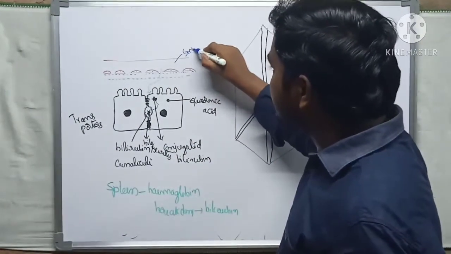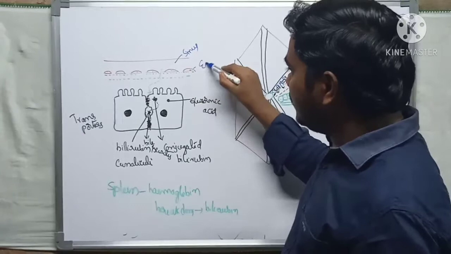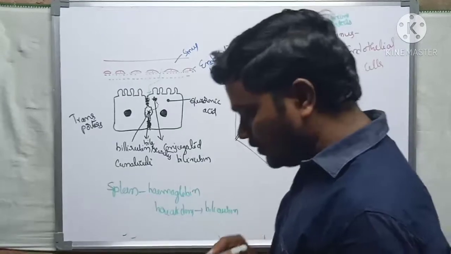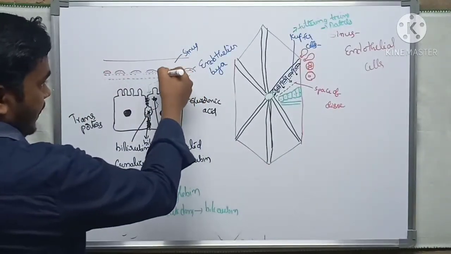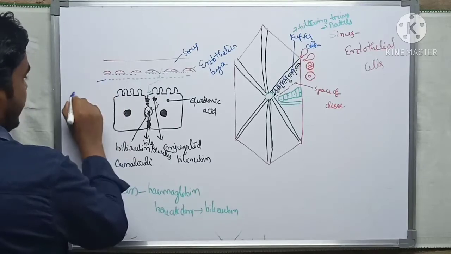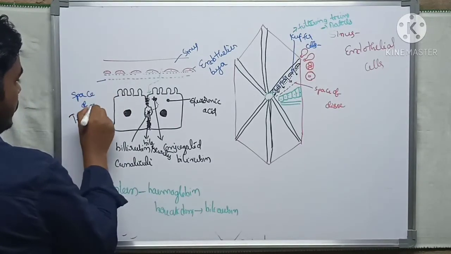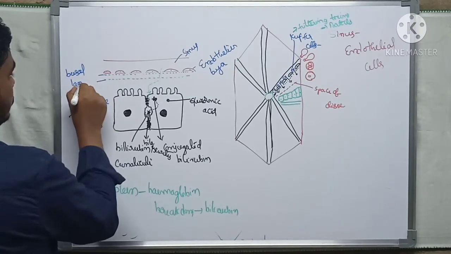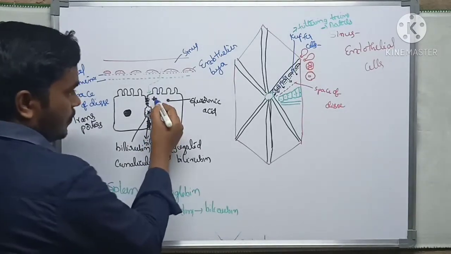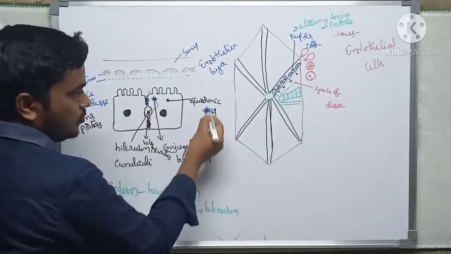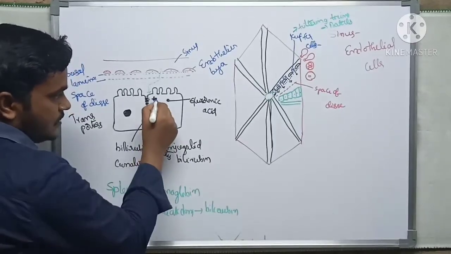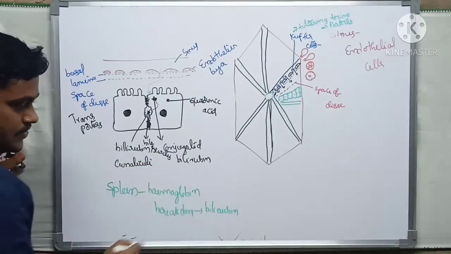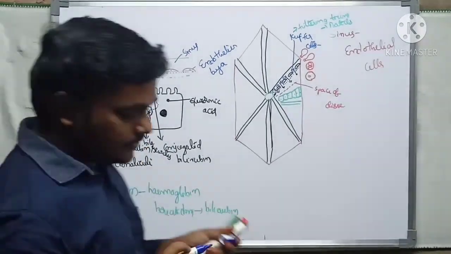First and foremost, this region is a sinusoid. These are sinuses, single cavity sinus. It is an endothelium layer. Now the plasma enters into this region. This is called the space of Disse. This part is the basal lamina. So the bilirubin mixed with glucuronic acid forms conjugated bilirubin. This conjugated bilirubin enters into the bilirubin canal. So this canaliculus secretes the bile. So that is one example of how the hepatocytes are working.